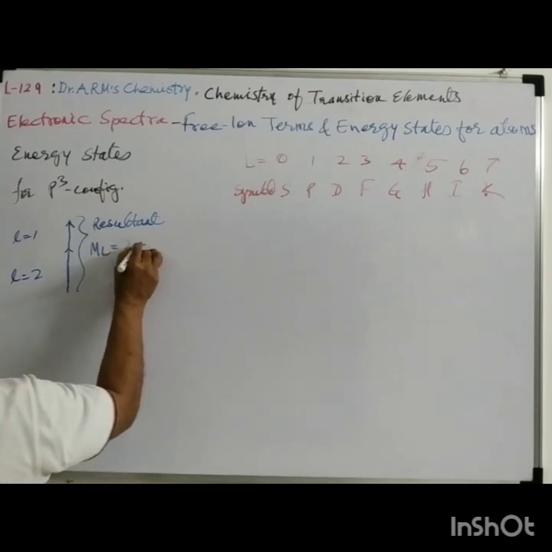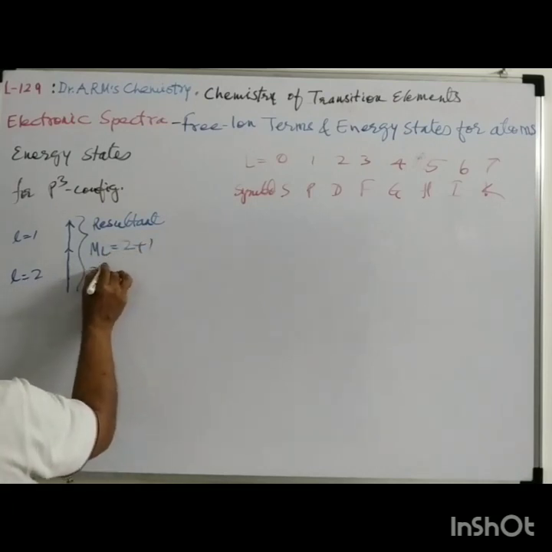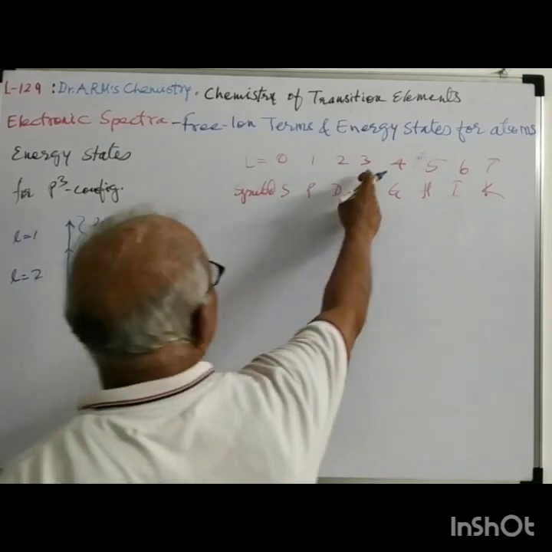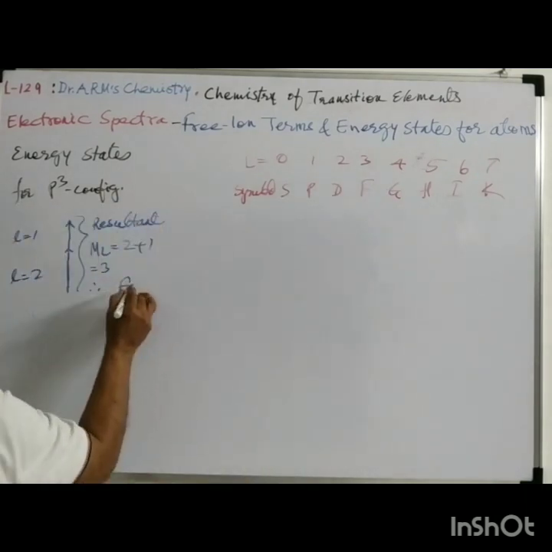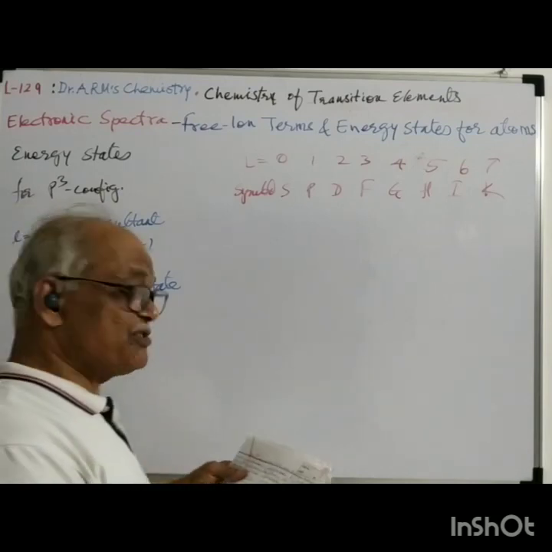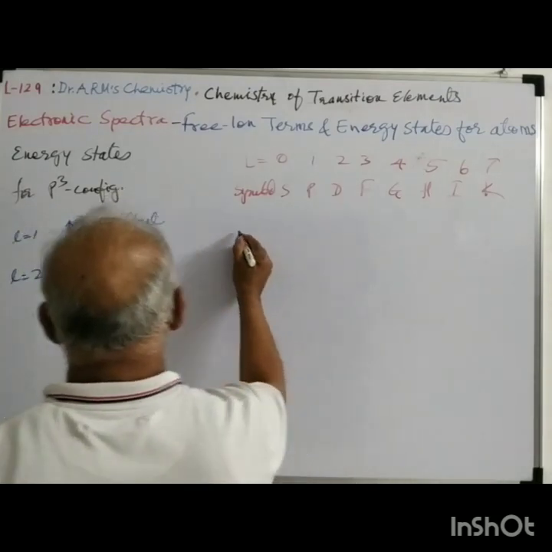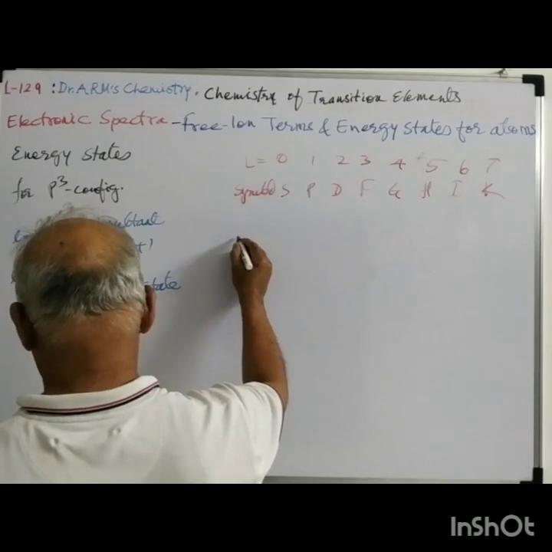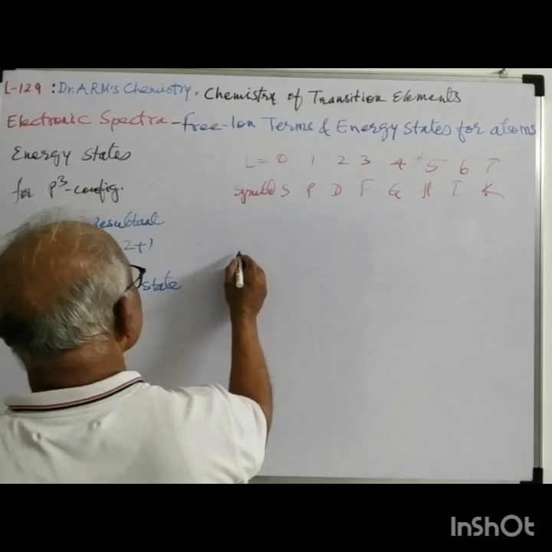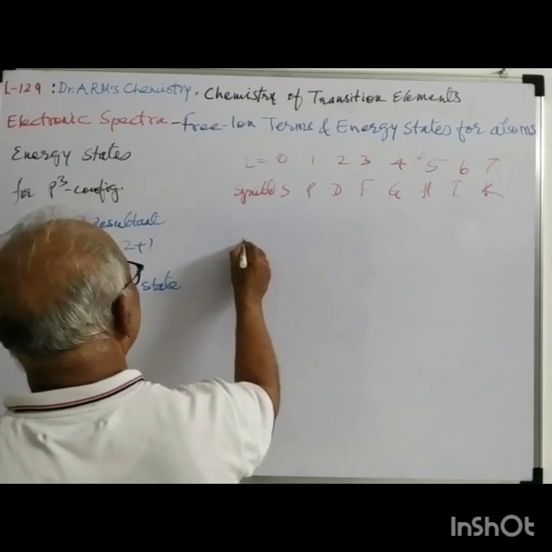That is 2 plus 1 is equal to 3, and therefore the state for 3 is F. The state is F state. When this direction is changing in this way, this is in double length,